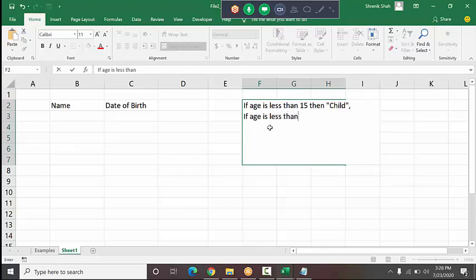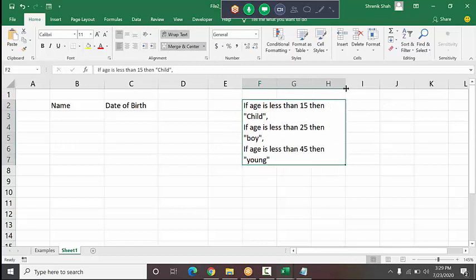If age is less than 45, then young. Otherwise, older.